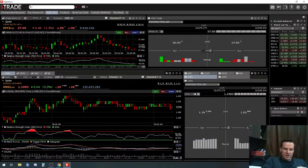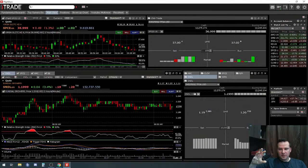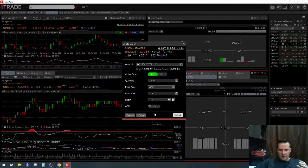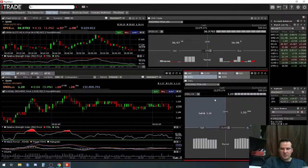But the problem is, you go into Wendy's or CLOV for a short squeeze, or Wish, and then as those stocks start to come down, they don't have the same integrity that AMC and GME do, right? People have been going into those for a while. They're super popular. They're all over the news. People are making these big plays. So where are you going to get the money from for these other stocks? And these other stocks don't have the same merit that AMC and GME do. So I think the problem is you're starting to see money come out of those. They're going into these smaller companies, these smaller plays, but these plays don't have the same integrity, so they're losing